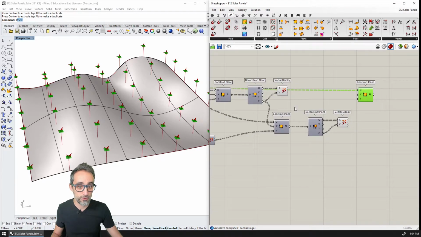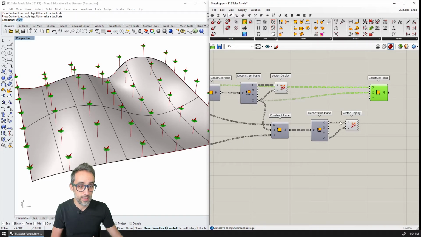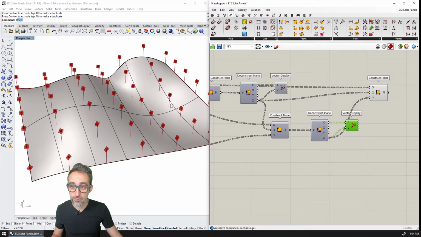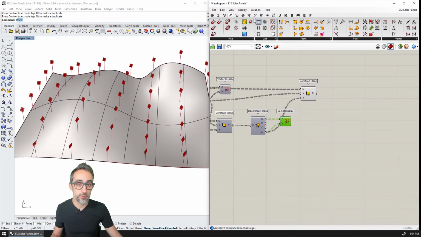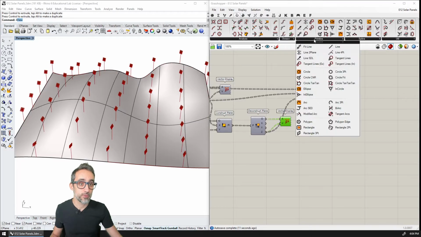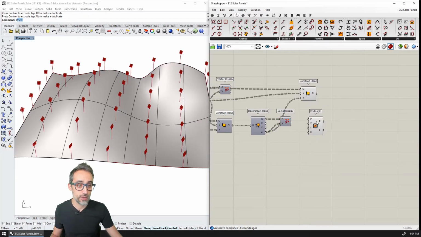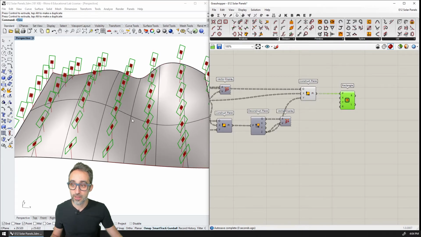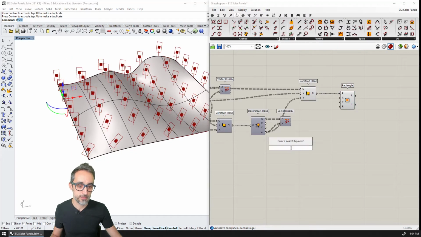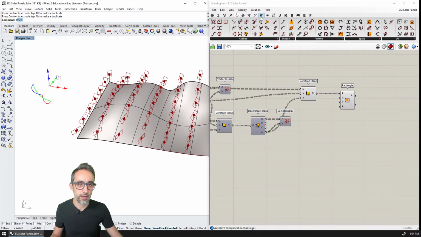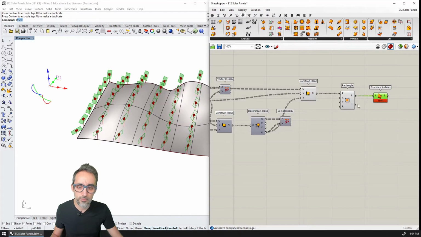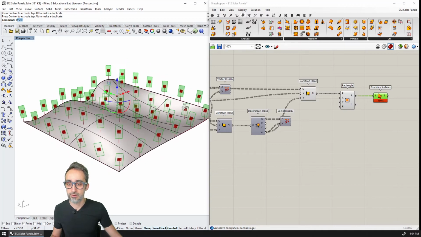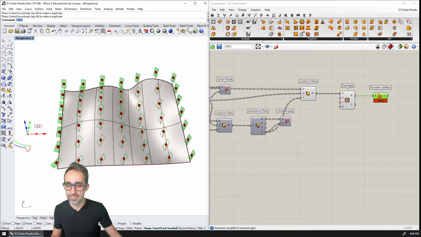The x vector is going to be the one that we just calculated here, and the y vector is going to be the one that we calculated here. And then I'm going to shut this down, and we're going to see that now all the orientations are going to be consistent. So for example, where was this? Rectangle here. Now I can do boundary surface and then poof, just get this straight. All right. So how much nicer is this arrangement?